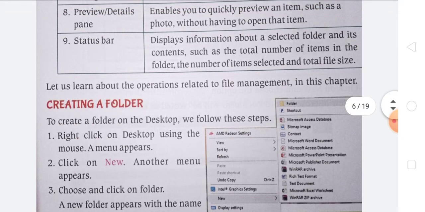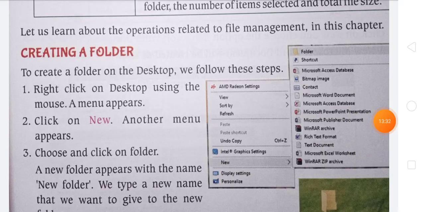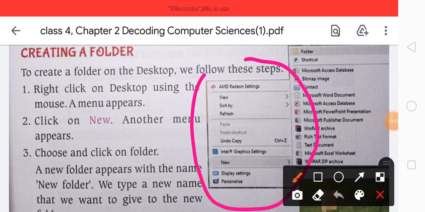So then we learn how to create a folder. To create a folder on the desktop, first of all you have to right click on the desktop, and just like this a menu appears, and you have to click on the new option.